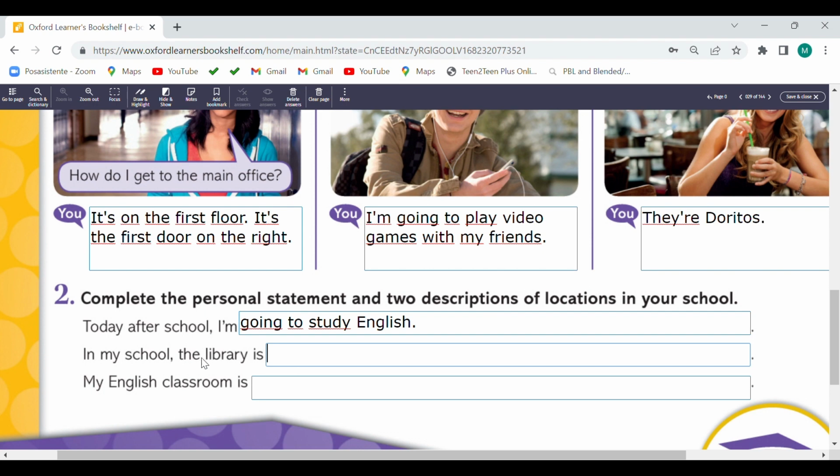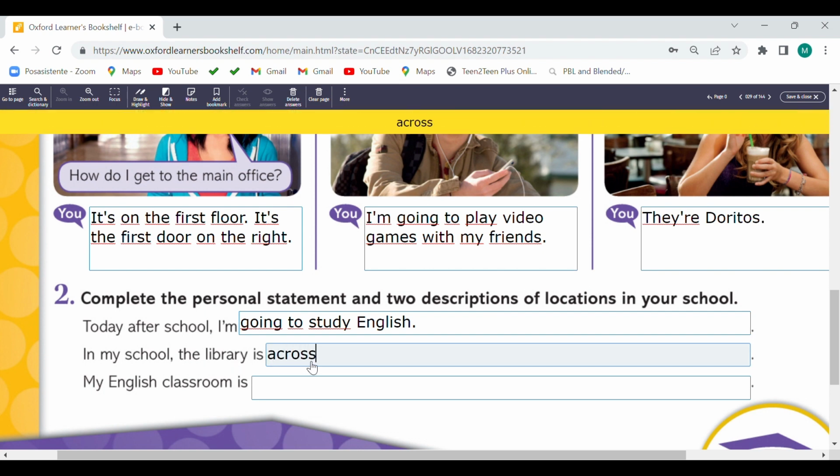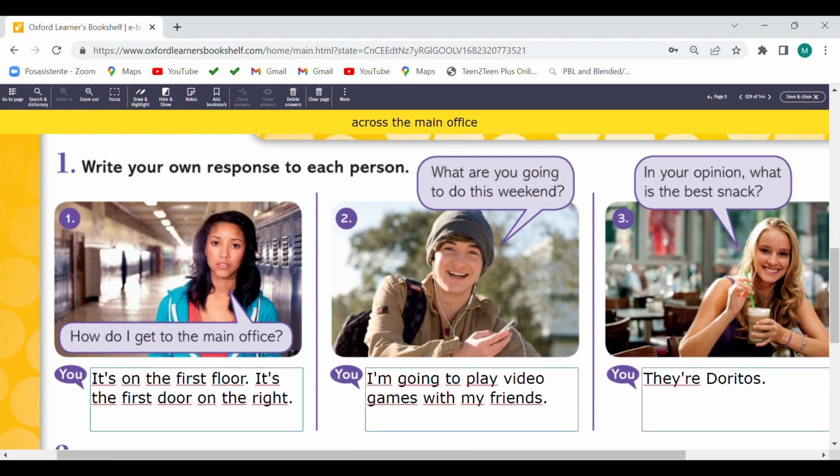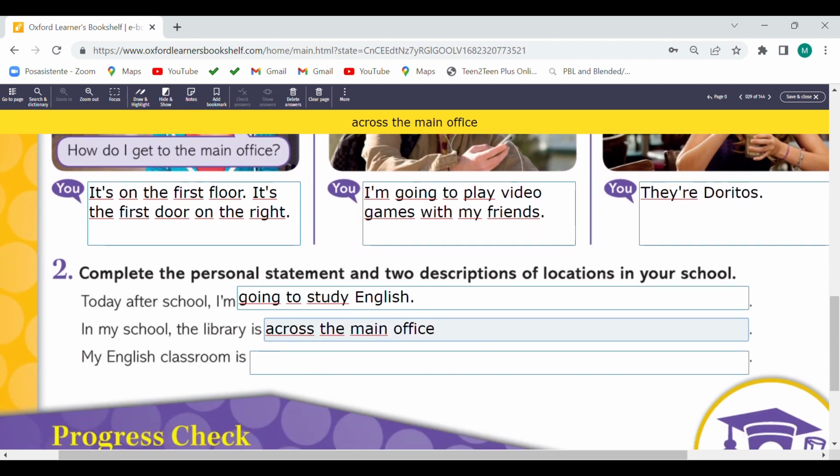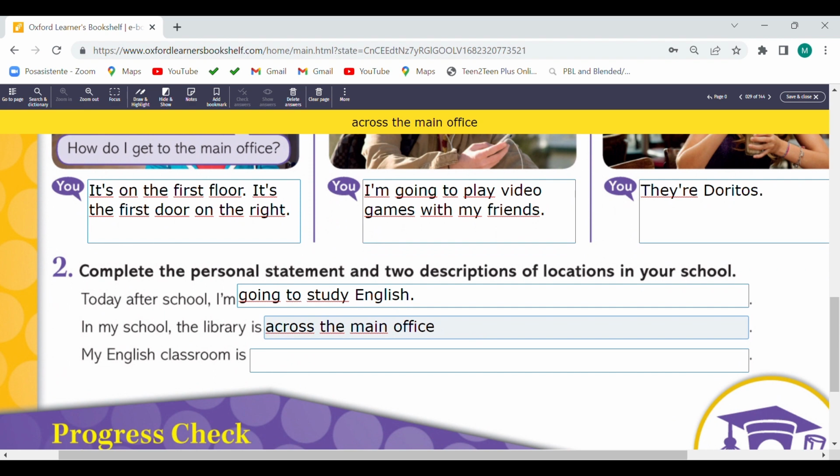In my school, the library is across the main office. ¿Dónde está la biblioteca?